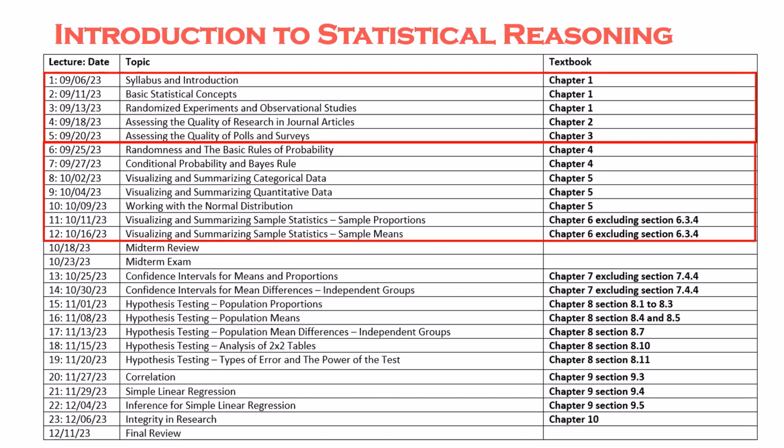Then the next section of the course begins with a basic introduction to probability, emphasizing the need to understand conditional probability. Introduction to data visualizations and summarizing data before using the mean and standard deviation to get familiar with calculating probabilities under the normal distribution. Then we spend 2 classes introducing the result of the central limit theorem, the sampling distribution.